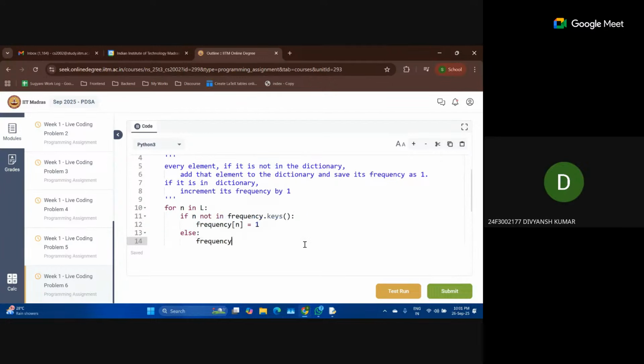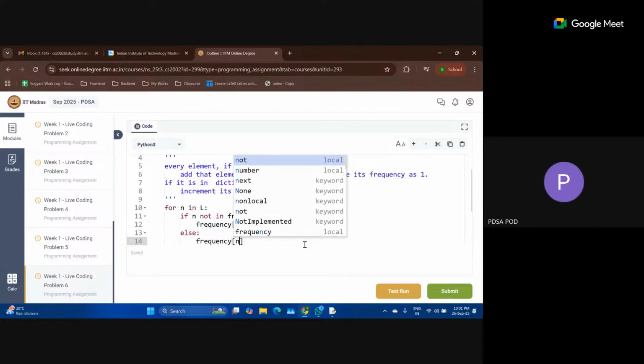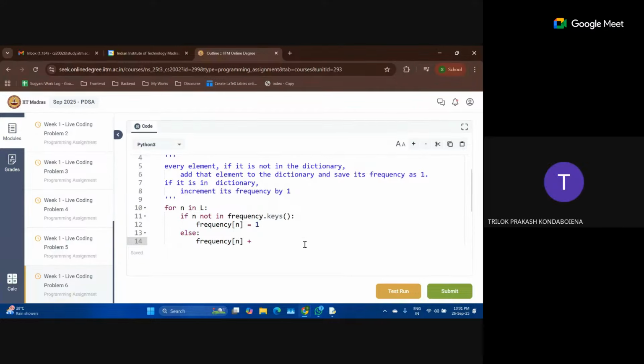If n is already in frequency, we have already seen n, which means this is not the first occurrence of n. So whatever was the frequency I have already seen, I will just increment the frequency of n by 1.